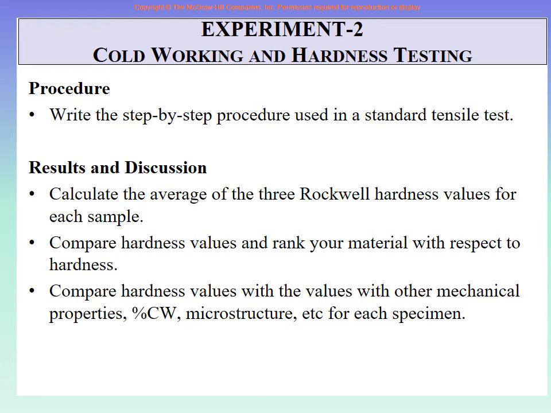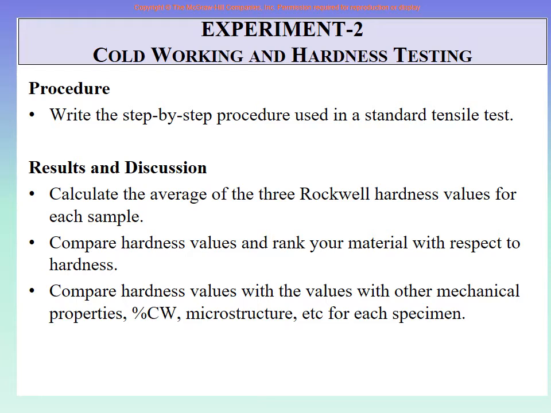Then the same sample goes to the machine again, as it would in real life, and you do further cold work, right? So this way you take a sample and increasingly do cold work every time, 10% cold work, 20%, 30% or whatever, and each time you measure hardness at different points. So for the original condition and for each value of percent cold work, you have the hardness values.